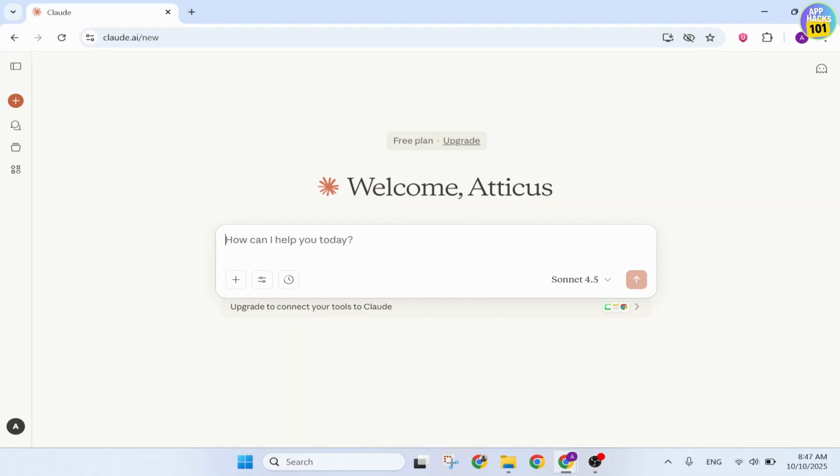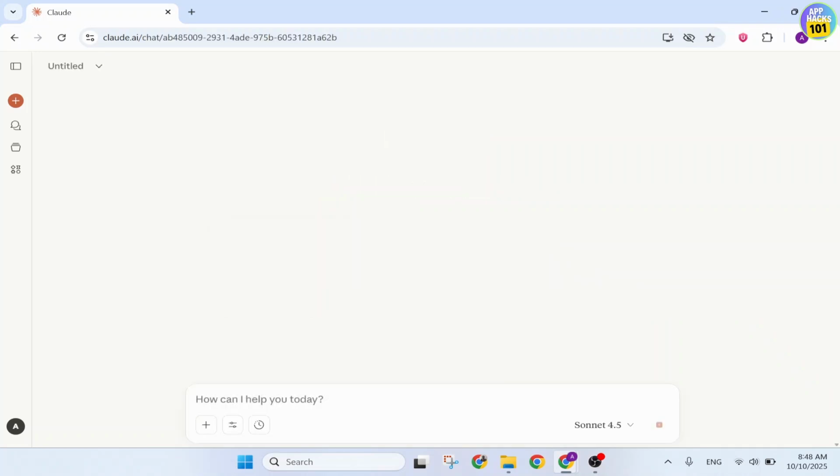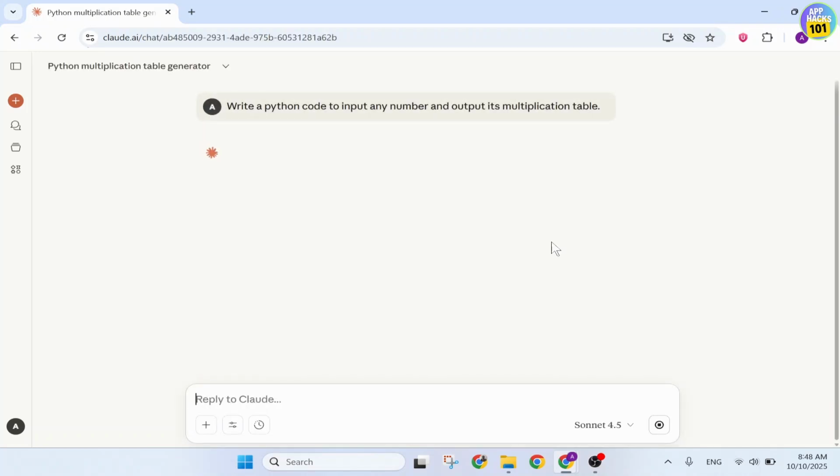Now, to give it coding questions, you will actually need to give it prompts. So here you can write a Python code to input any number and output its multiplication table. So if I type this, it should give me the code where we give it a number and it